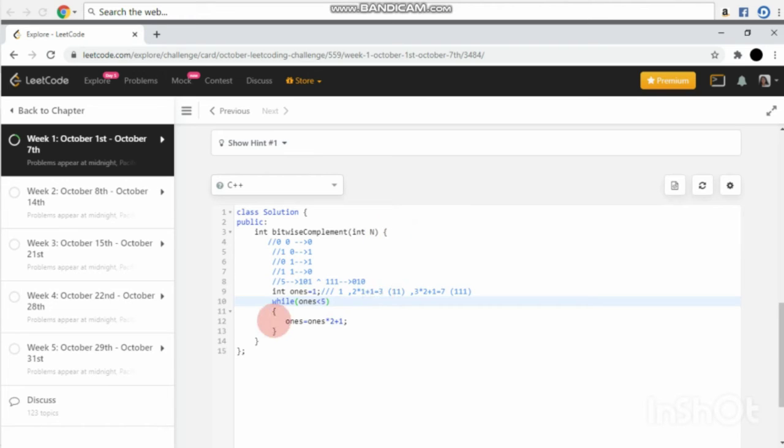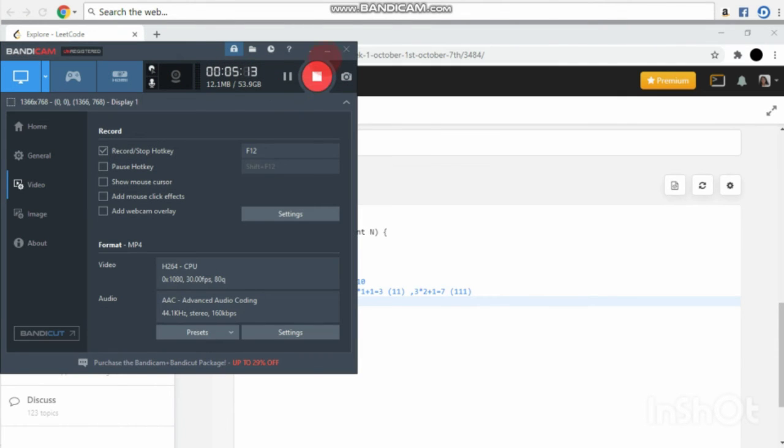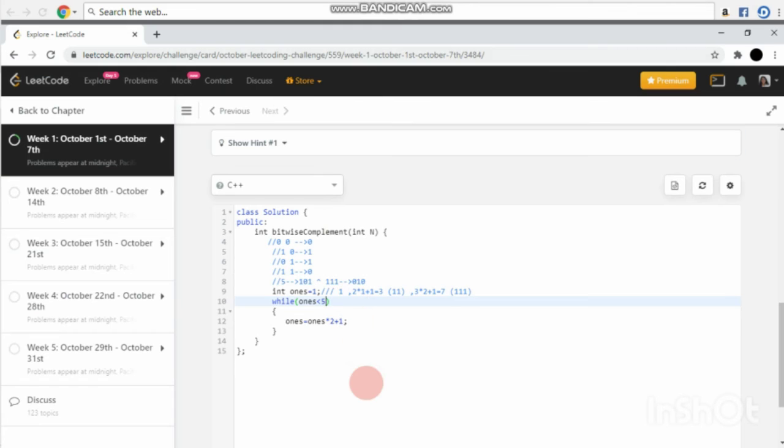As soon as it hits 7, it will check again: 7 is not less than 5, and it will come out of the loop, and our ones' value will be 1 1 1, which is 7. Instead of 5 we'll be writing n, because that is our value. Alright, so we got our continuous ones.